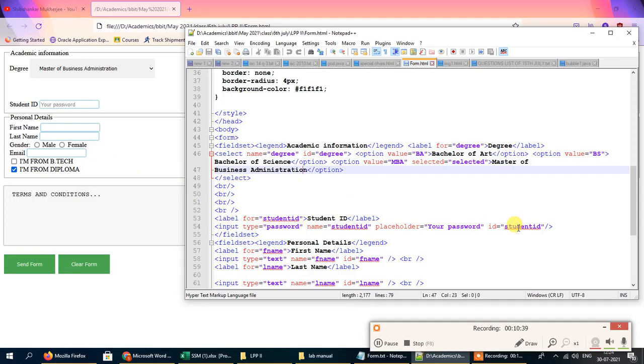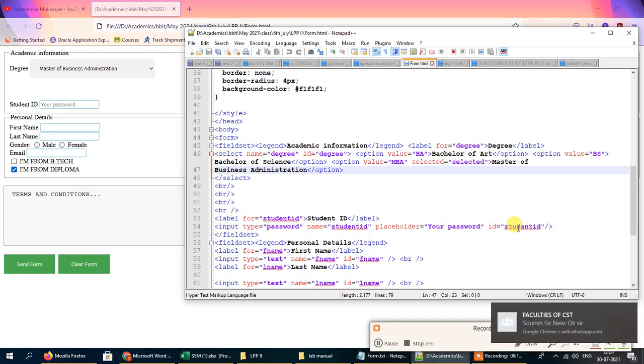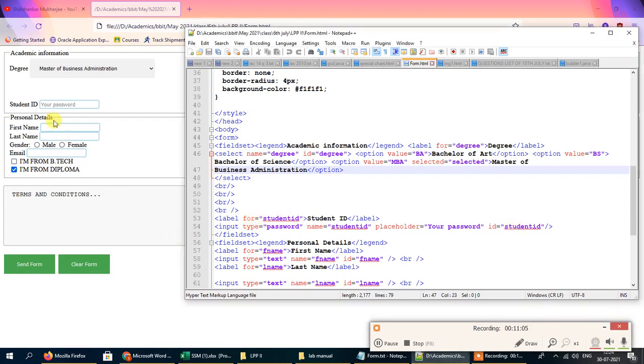So the reason for giving these names and IDs is that if we want to include any kind of JavaScript code in our form, then say when we enter some value in the student ID field, a pop-up window will be displayed. So this is implemented by using JavaScript, and to associate the pop-up window with this particular text field, we'll be giving a JavaScript code, and we'll be associating it with the ID of that particular field. So for that reason the ID is given, so that we can link this ID with the JavaScript code for this particular box.